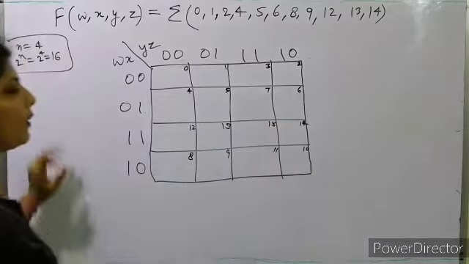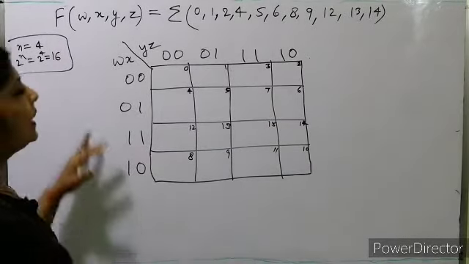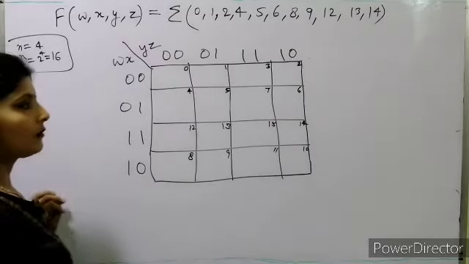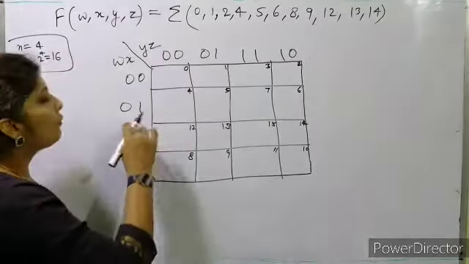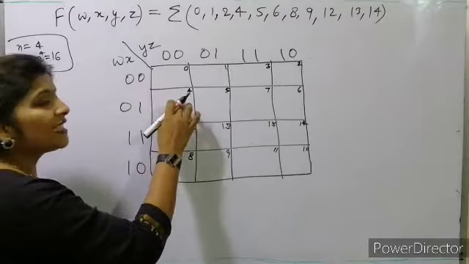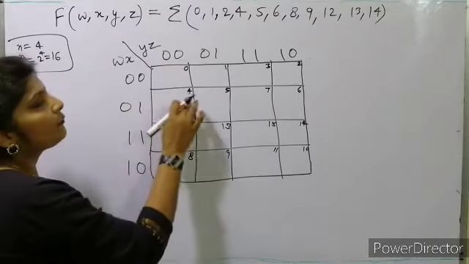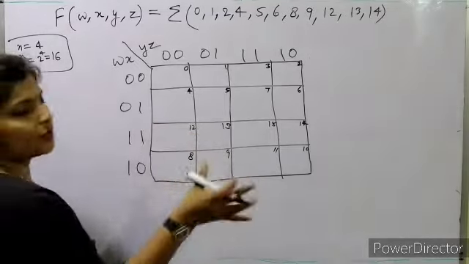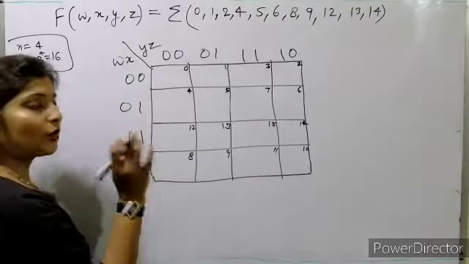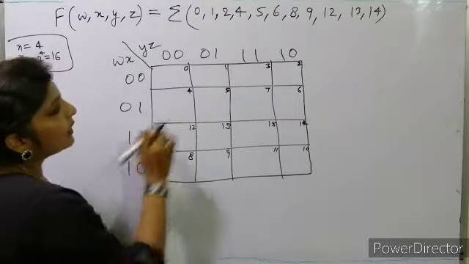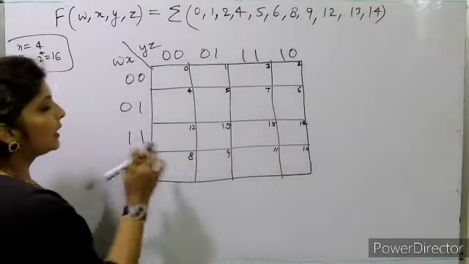Okay. Now this is the best way. It will take time when you are doing it for the first time, it will take time for you to understand which number you have to write, because 0 1 0 0 means 4, you have to write 4. You can pick any box and check, you can take any box like this one. So 1 1 1 1 is 15, this one.